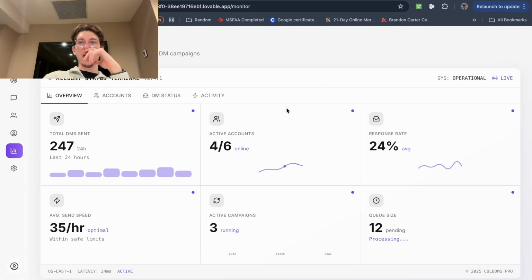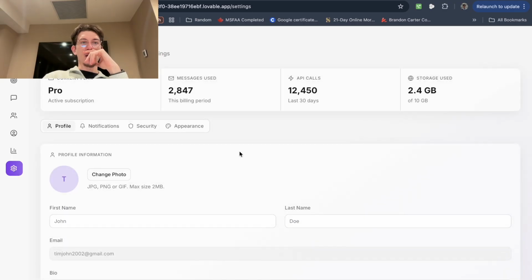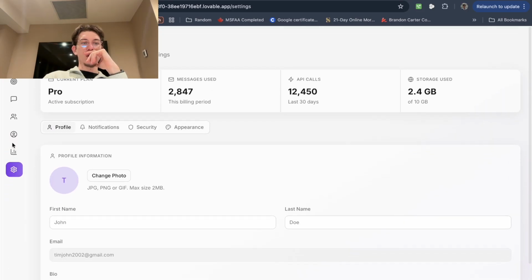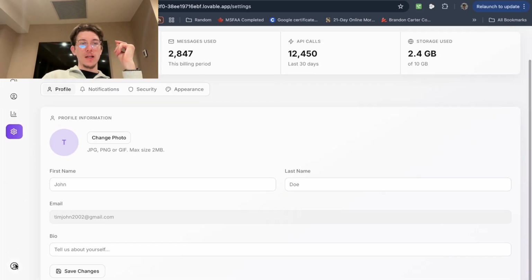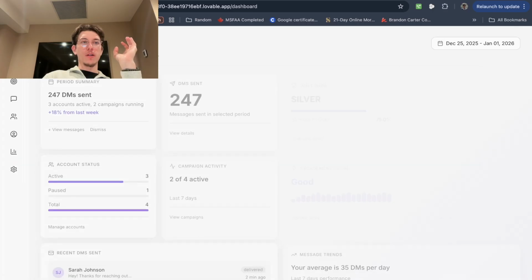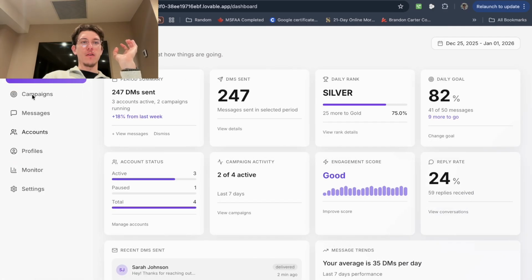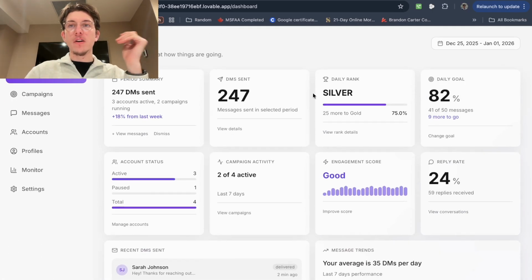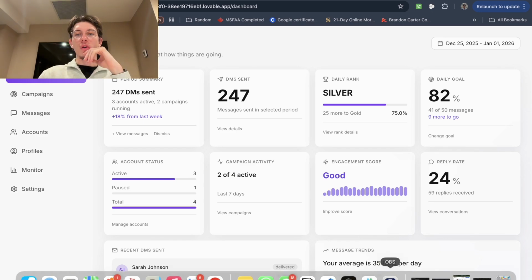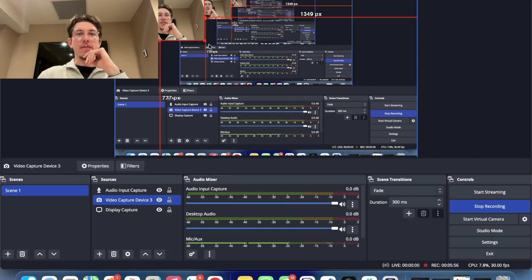It has a live thing, operational. This is more of that analytical side of things. And then in settings we have our current plan, messages, API calls, storage used, and that sort of thing. So the craziest part about this, we went over the features and stuff like that, and obviously this is all cool stuff or whatever. But what I really want to note is the fact that software like this,